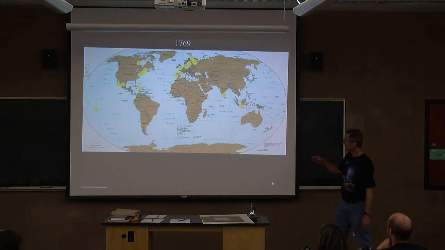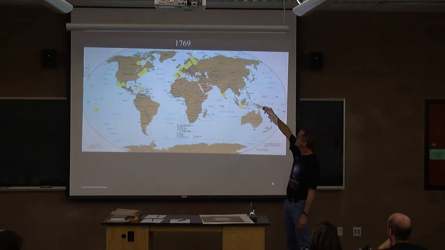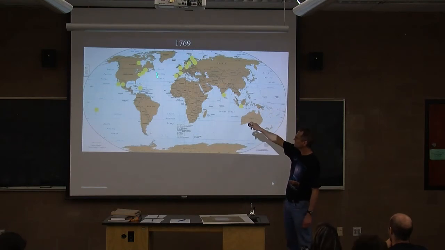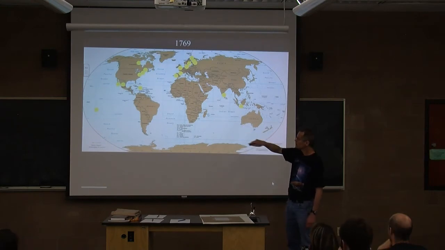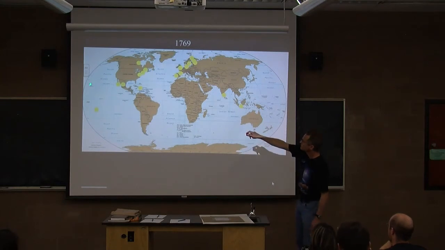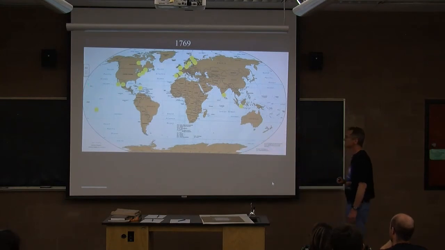So you see that they're spread all over. The best observing place, the longest transit, would have been up here, and so lots of them were up there in Scandinavia, but also people in America. Notice this one here, Baja California, and then one down there. That's, anyone guess what island's down here? Tahiti? This would be Tahiti, yeah. Hawaii is a little higher. Here's Hawaii up there. Yeah, so that one's Tahiti.